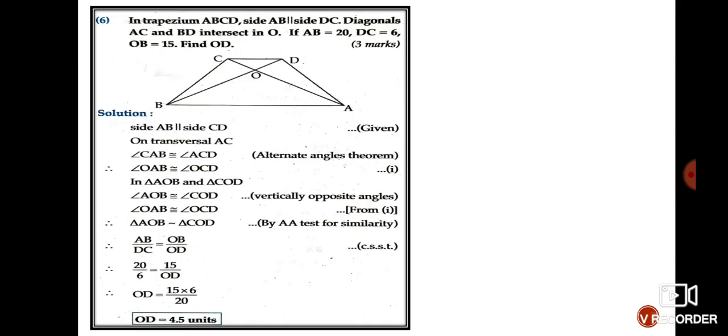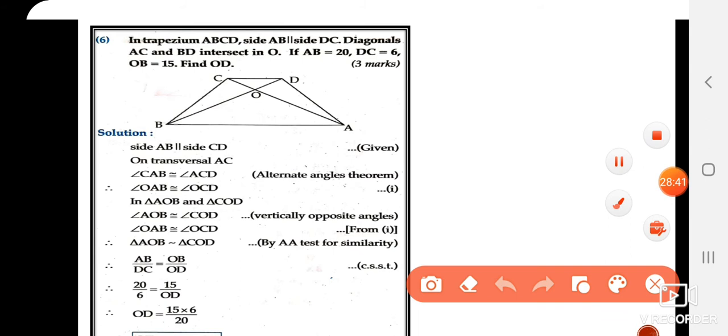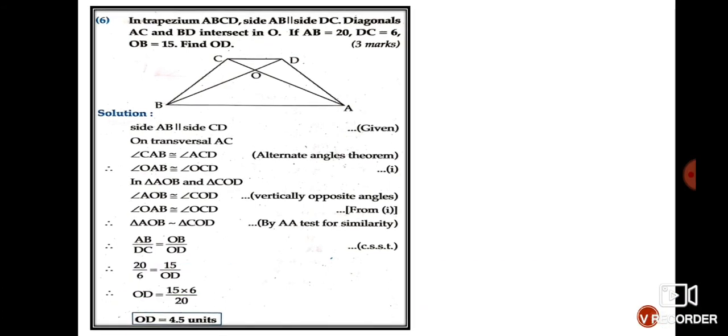It's very simple, though it may not look like. What you have to do is identify the two triangles, prove that they are similar, write the proportional sides, and once you cross multiply, you will get it. For example, let's just look at the previous sum. Now here if you go to C, you have the similarity written, then you write the proportional side. Here we substituted, but what you do, you cross multiply. It will be AB into OD is equal to OB into DC. So that is what we are going to do with the next sum over here in the seventh sum.